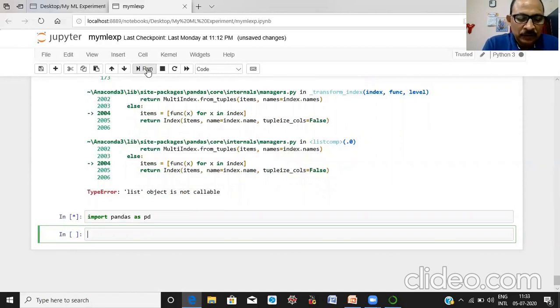Next, now we are creating our data frame with the help of this command to read our data set and store our data set into this data frame, that is fruits. Run it.